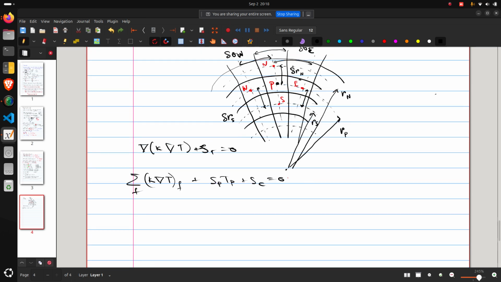And what will be the areas? So let's just briefly go through the areas. For the point P, we'll have four areas, right? Four areas of this control volume. So the east area, what will it be? It will be nothing but